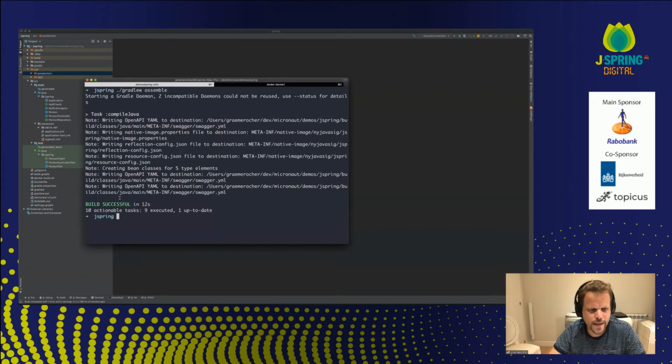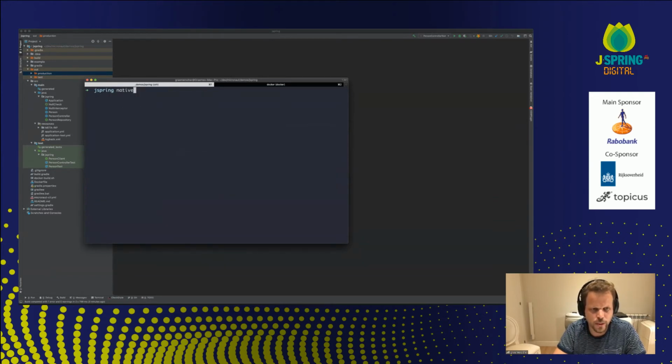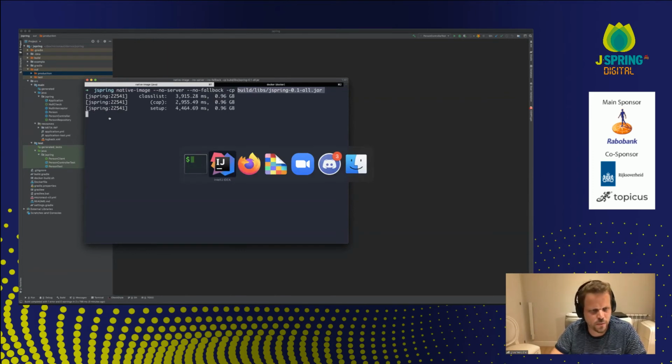And once we have the fat jar, what you can use is GraalVM native image to build a native image from it. This will go ahead and take your produced jar file and produce a native image.